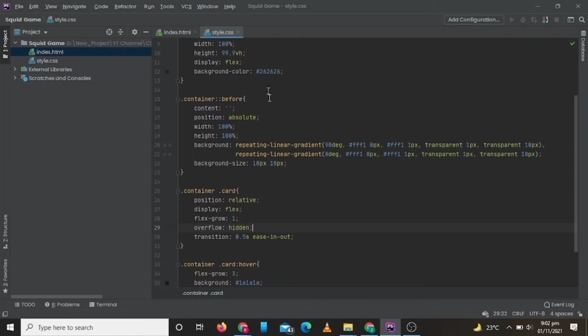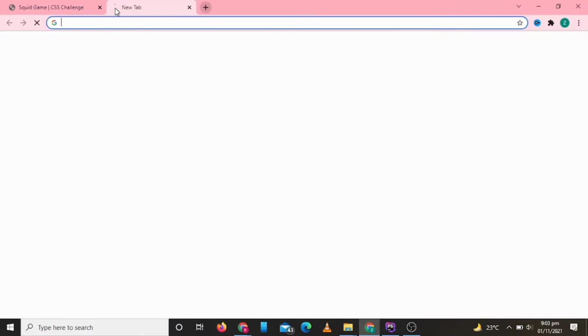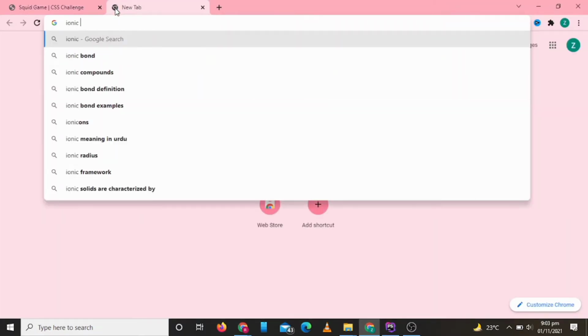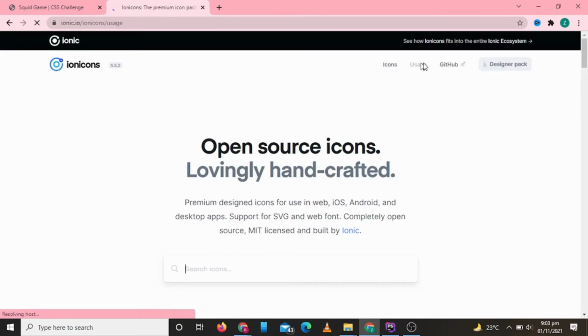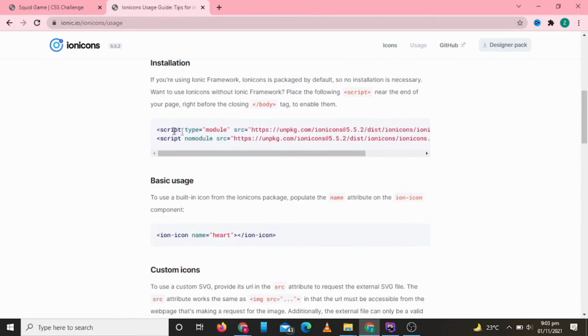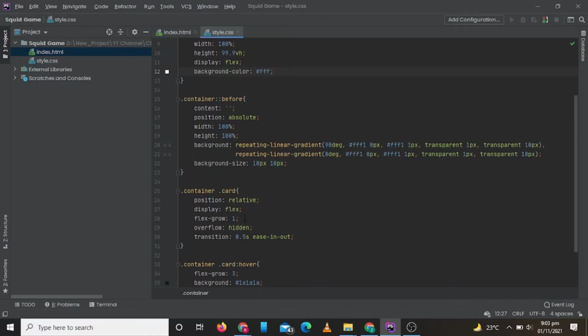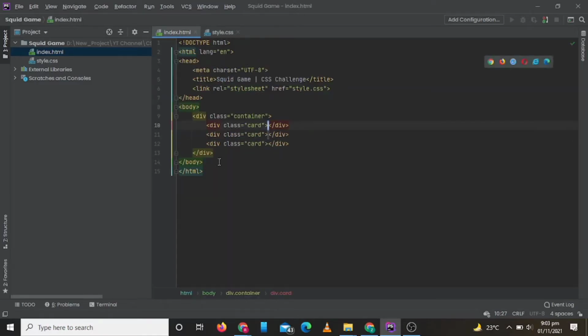So now we will add icons from ionicons.com. We will include these two lines after our body tag.